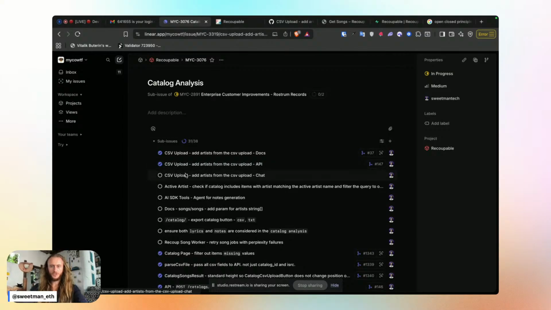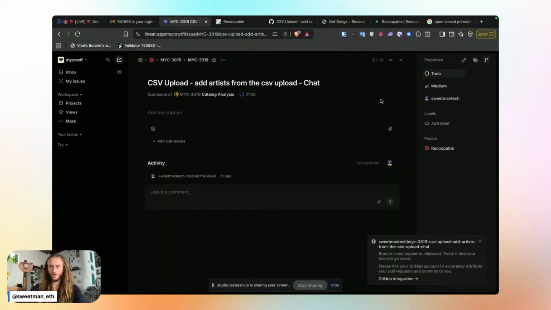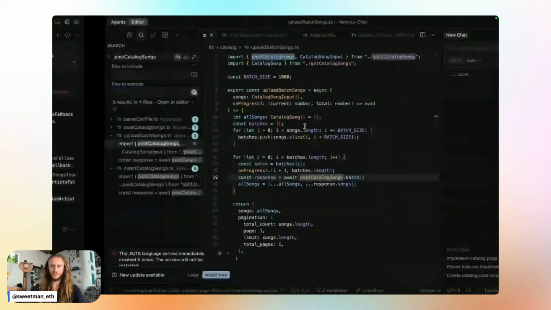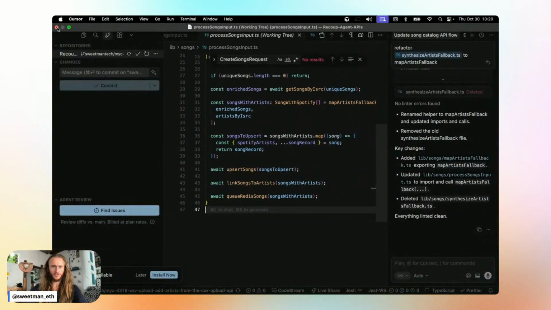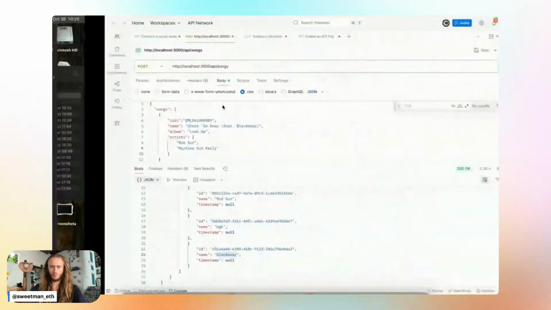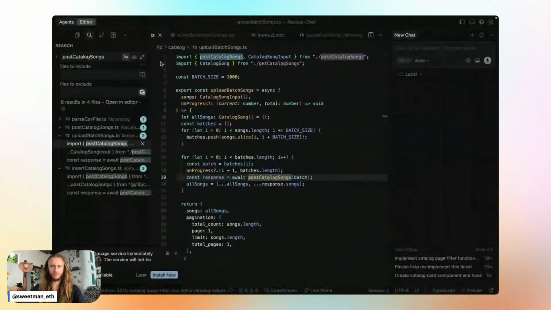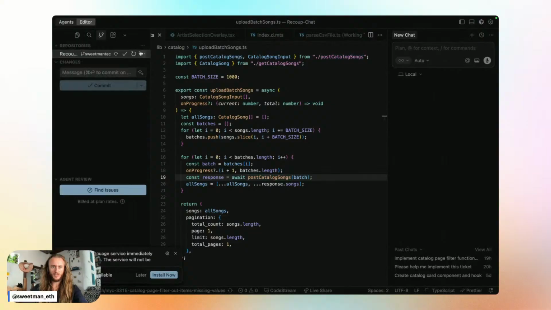Okay, so now that we've added it to the docs, we've added it to our API, let's now add it to the front end chat. We should be able to close down this repo. GitHub branching, check out to main. I don't know why it's offering us to push things. I don't want us to be pushing things to main. So let's